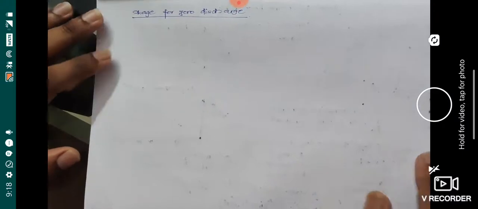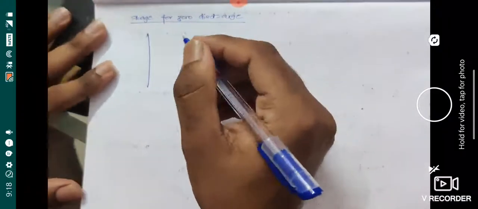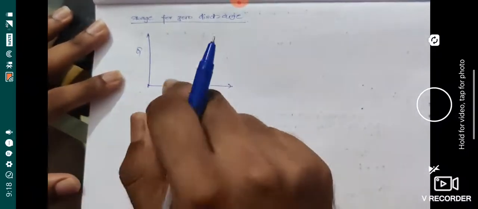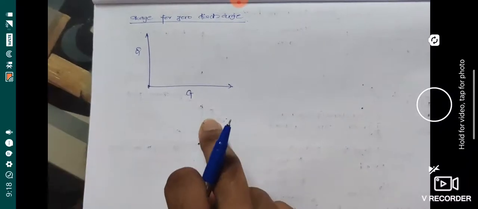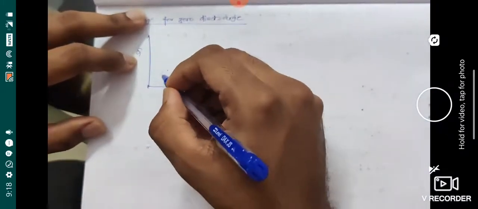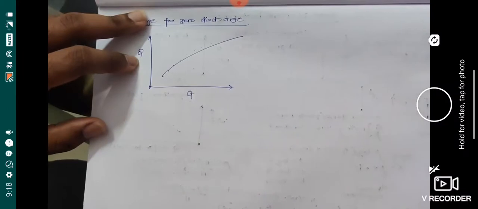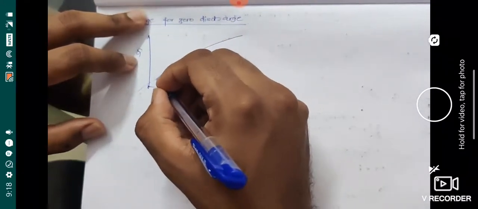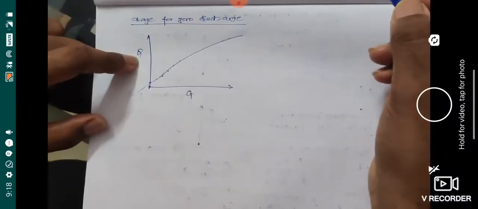So what you can do is plot whatever data points you have got, a plot of discharge versus the G. I'm talking about the arithmetic plot, not the semi-logarithmic plot or the logarithmic plot. You're using normal graph paper, and you'll be getting some curve like this, and you have to join the curve as an estimate. Then, by eye judgment, you have to extend and complete the curve. If the curve is going like this, you have to extend the curve till it meets the y-axis.